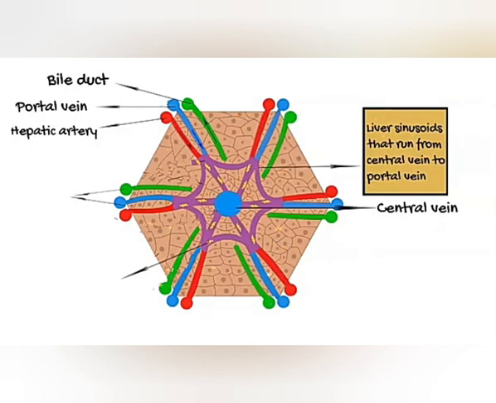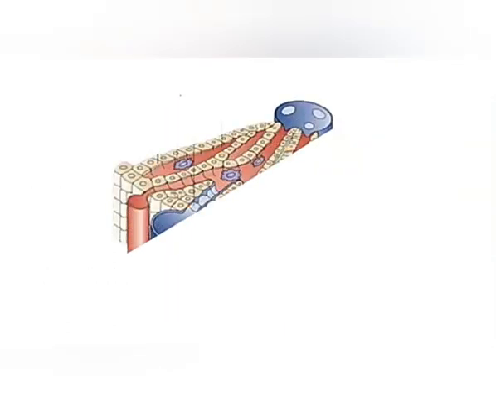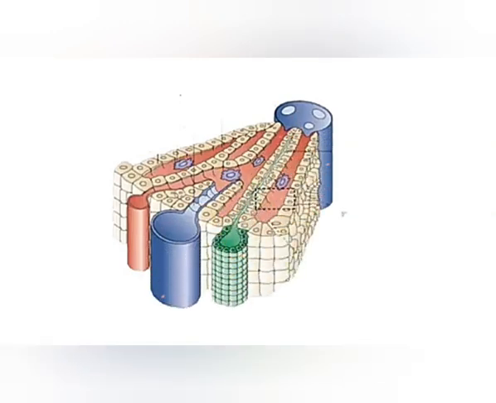It's also important to know that the liver contains special macrophages, hepatic macrophages, known as Kupffer cells. The hepatic vein, essentially the central vein, here with the sinusoids, which remember connect to the portal triad. And the portal triads contain the bile duct, a branch of the portal vein, and a branch of the hepatic artery. So bile duct, portal vein, hepatic artery, and surrounding all these sinusoids, and just everywhere, the hepatic cells,